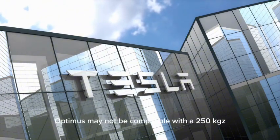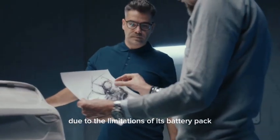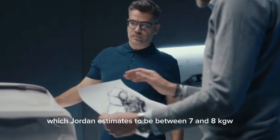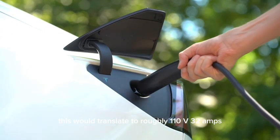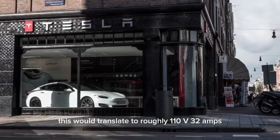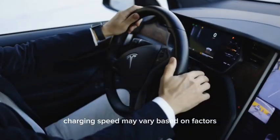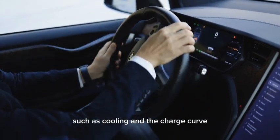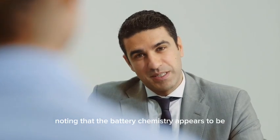Optimus may not be compatible with a 250 kW supercharger due to the limitations of its battery pack, which Jordan estimates to be between 7 and 8 kW at maximum. This would translate to roughly 110 V 32 amps, akin to a level 2 charger. Charging speed may vary based on factors such as cooling and the charge curve. It's also worth noting that the battery chemistry appears to be